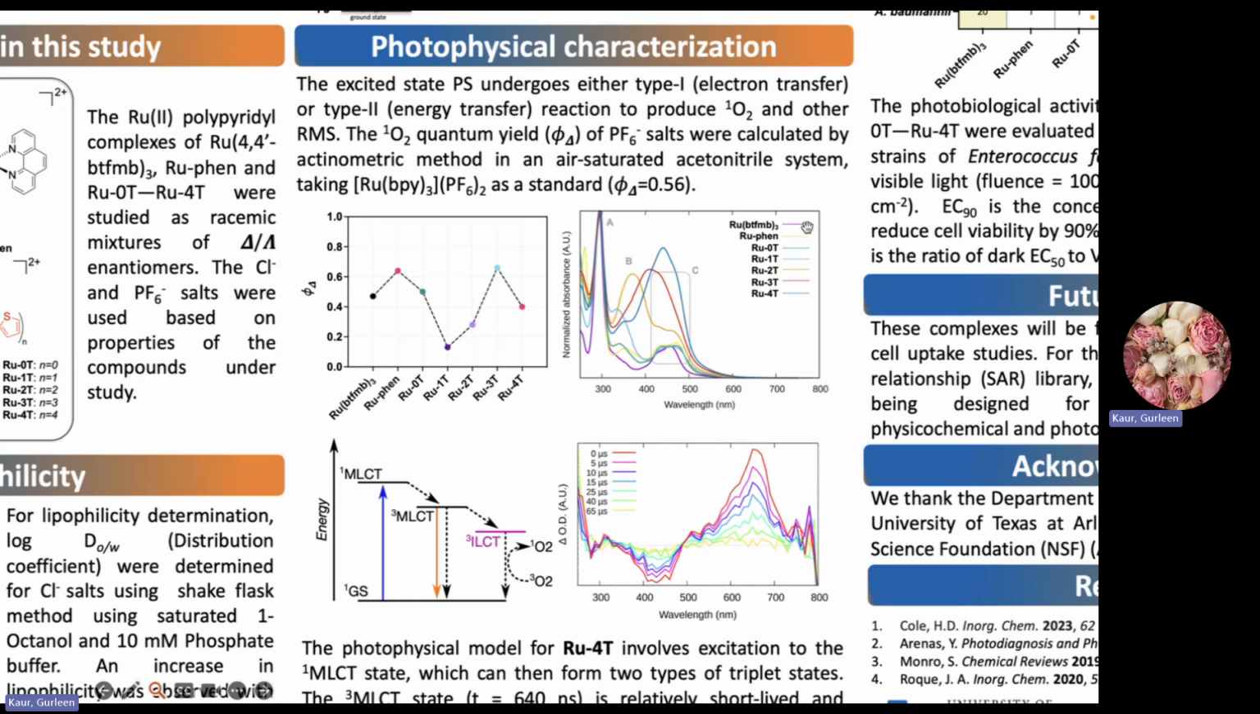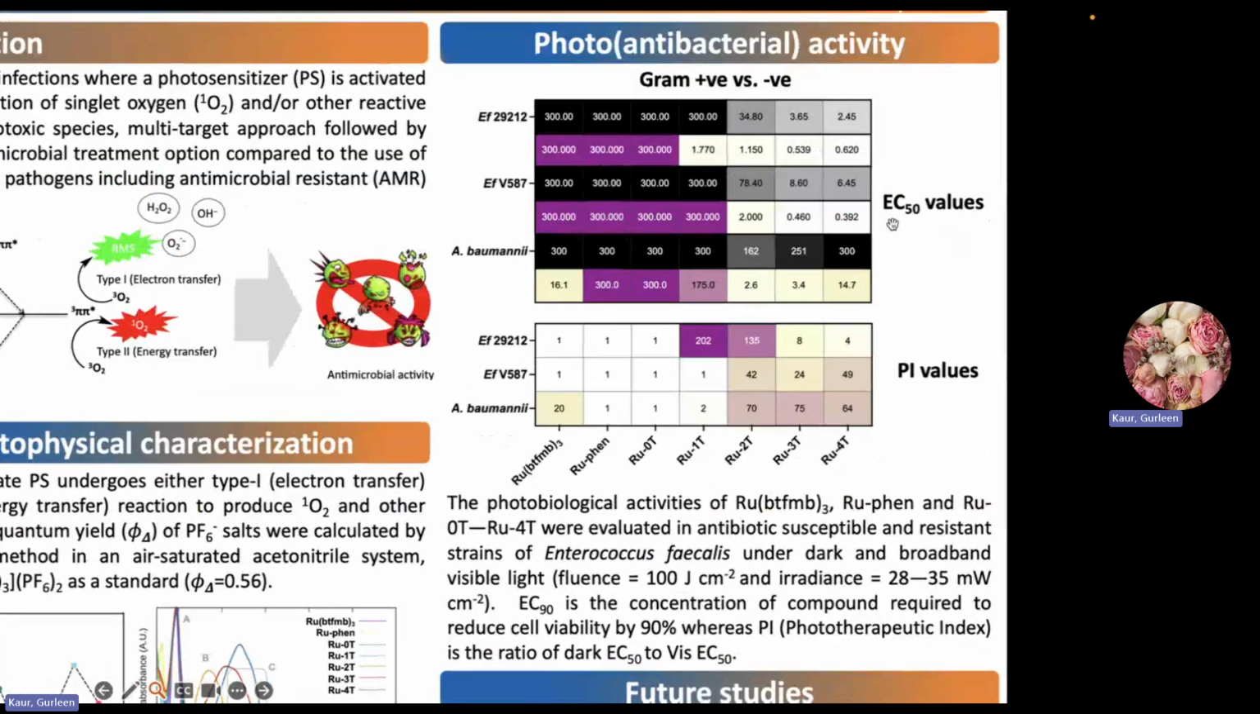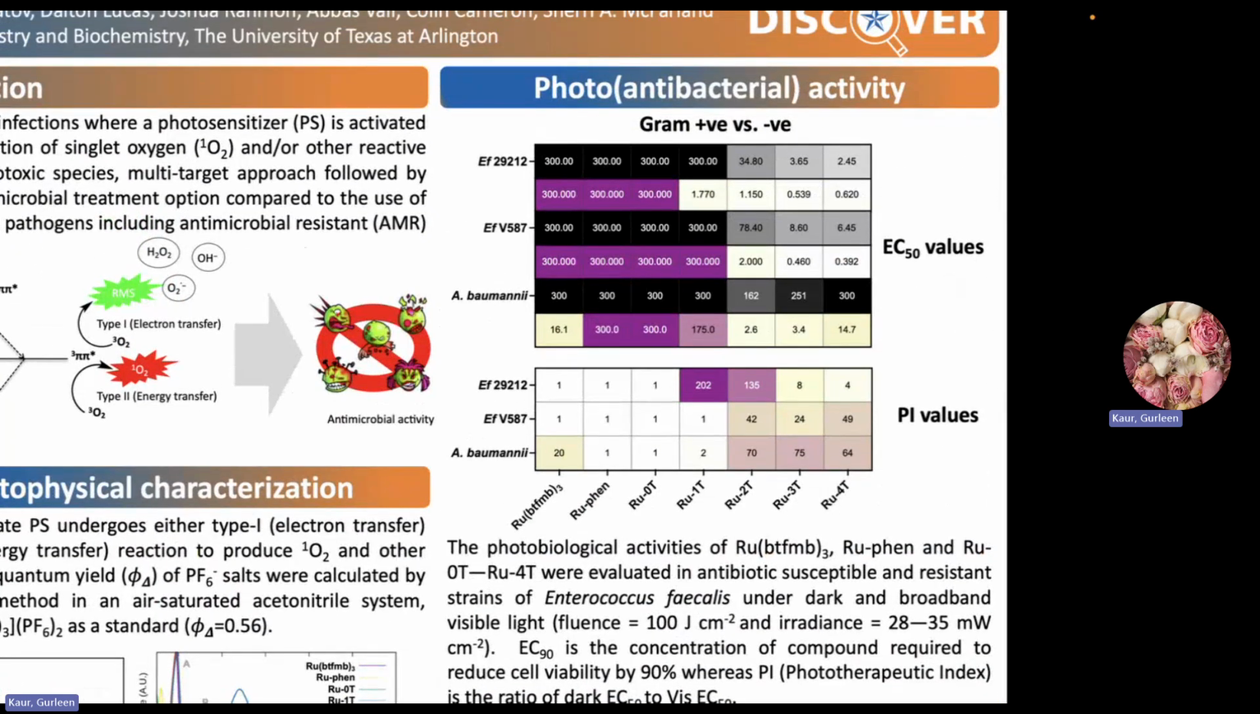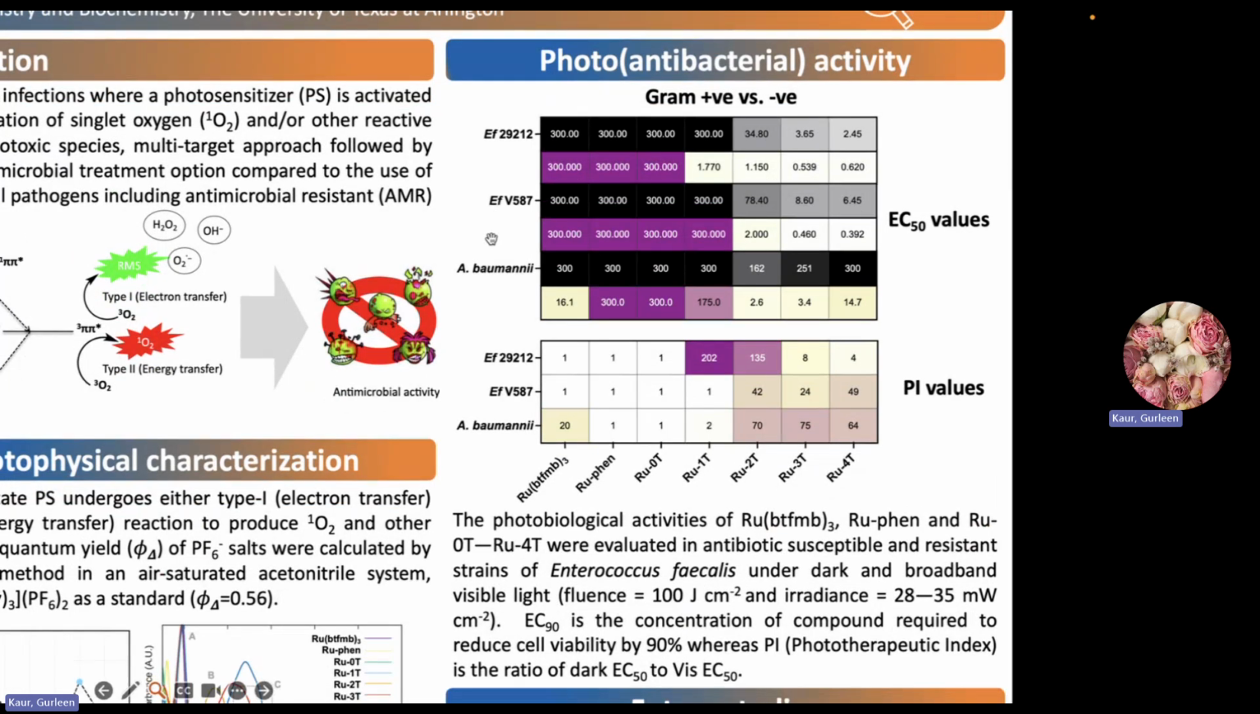Next is the photobiological activity of our complexes. I tested these compounds in both gram-positive and gram-negative strains, namely E. faecalis, antibiotic-resistant E. faecalis V583, and A. baumannii strains. And we also measure the PI values. We measure the activity under dark and light conditions